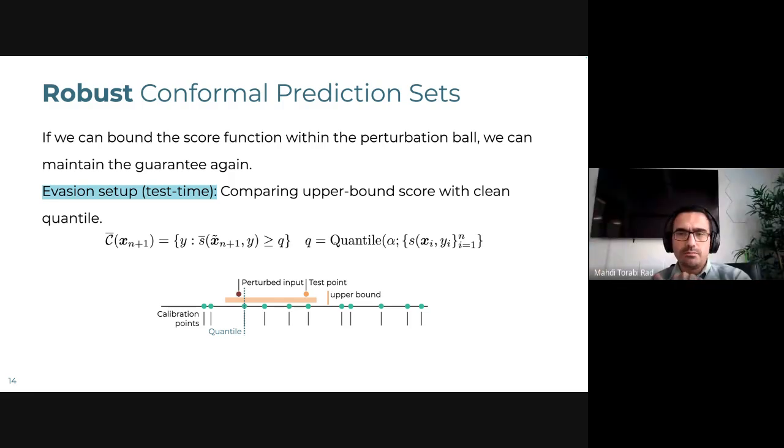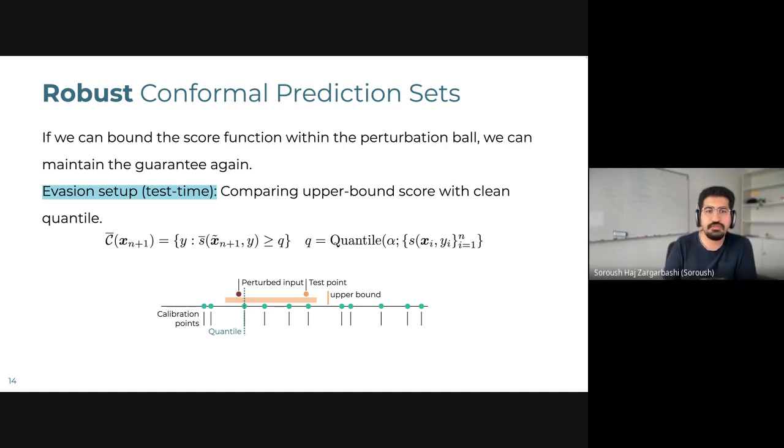What is that upper bound? This upper bound is an upper bound on any score within the possible perturbations of this perturbed point. In the normal setup, we assume that the test point is clean, but now I know that it's potentially perturbed. So assume that I have an R radius around the perturbed point. I know that since the test point is also within a distance of at most R, if I find an upper bound on any score within this region, the upper bound is also higher than the test point's score.